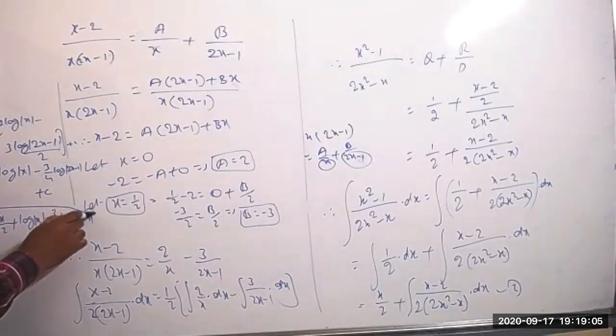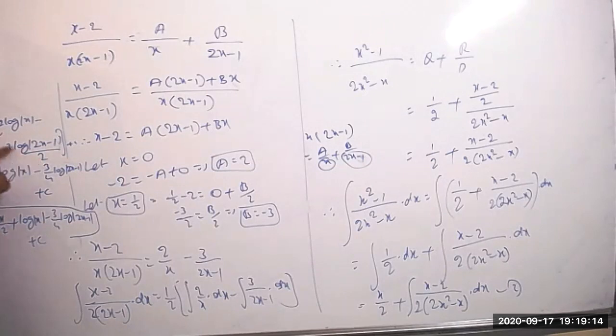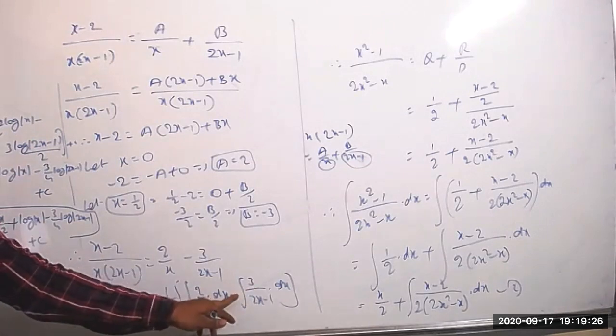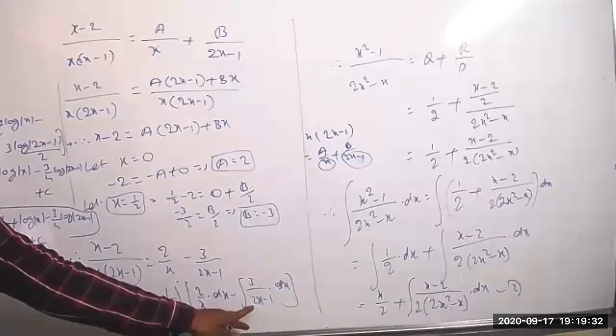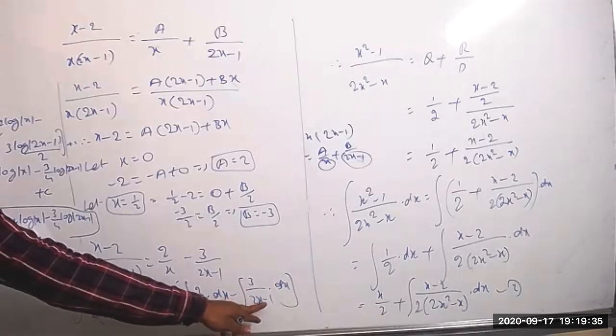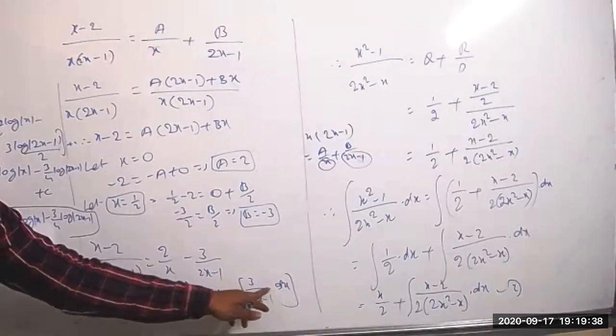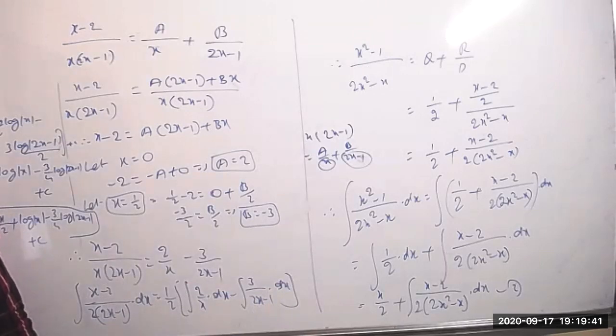Sir, how 3 by 4, sir? Here multiply now. The 3 by 2 is there already. 1 by 2 into 3 by 2, how much? 3 by 4. Because this 1 by 2 belongs to these two terms. Sir, how 3 by 2 came? See the second term here now. 3 is the constant value, take outside. Integration of 1 by x equals log modulus of x. So log modulus of 2x minus 1 whole by, but it is in the form of ax plus b, is it correct? Then we are getting 1 by 2 also. That's why I am taking here 1 by 2. It's fine.